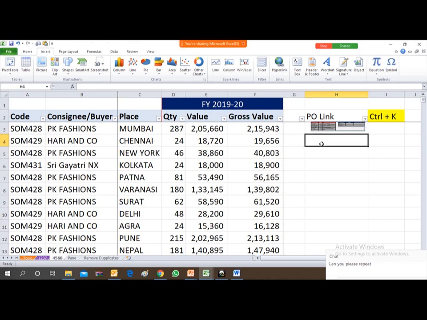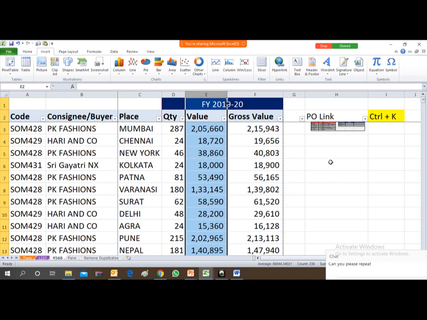Sometimes while we are conducting our audit, the auditor asks you to create an object of your file against each and every particular line. Suppose he says, I need the invoice of this party. In that case, he will ask you to create an object against each and every value.